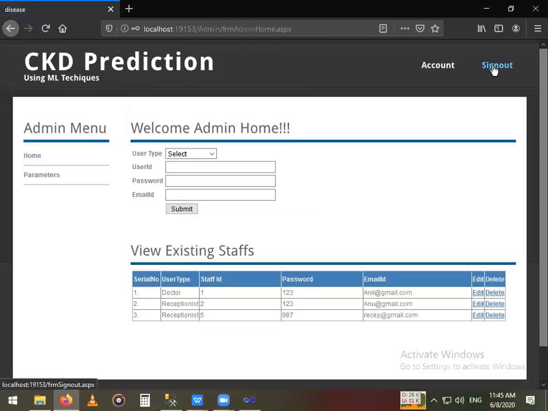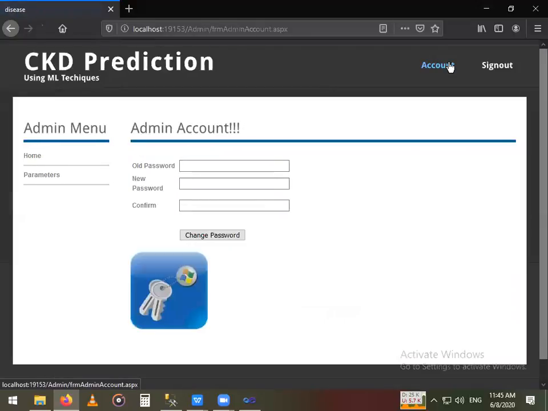We have again got this. Wait, stay there. See, the password is still 123. No, sir, it is for the doctor, sir. Where is the admin password? Admin password is here, sir. The old password now is 123456, sir. Okay.